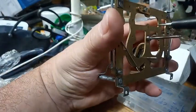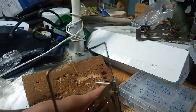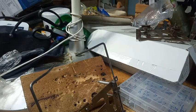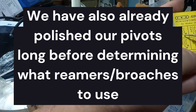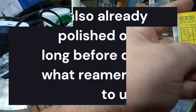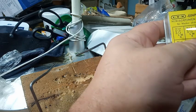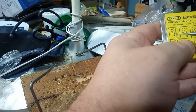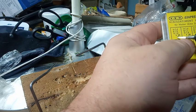So what you're going to do is, again, we already determined it was reamer number 2 from using this chart, because I'm going to use L65 bushing, even though the height, I already told you, is 1.4 inch and my plates are 2.0, but I'm going to use L65. It says I need to use reamer number 2. With cutting